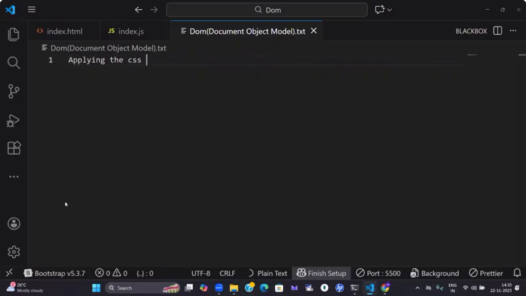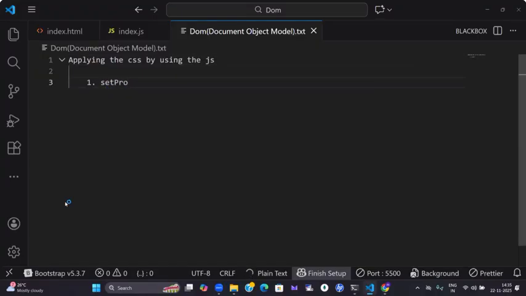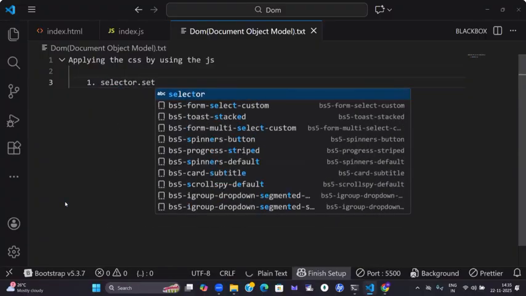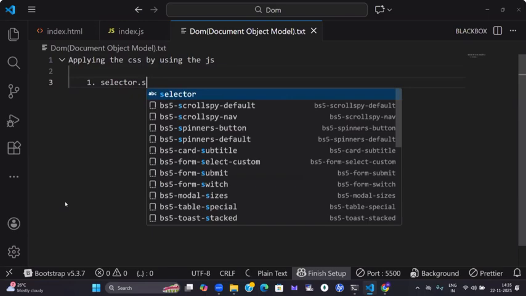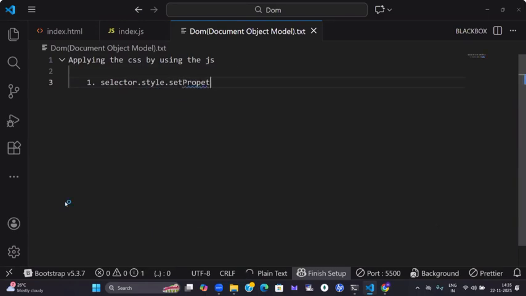Applying the CSS by using the JS. It means the CSS which you are going to apply, like color, background color, everything. How we apply it: by using JavaScript also we can apply it. In that, the first one is setProperty: selector.style.setProperty